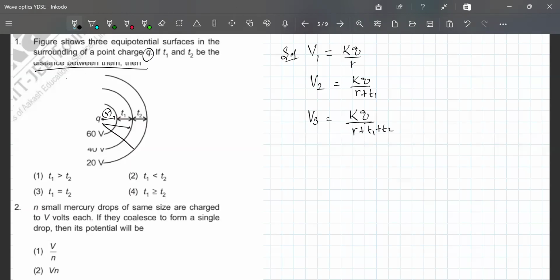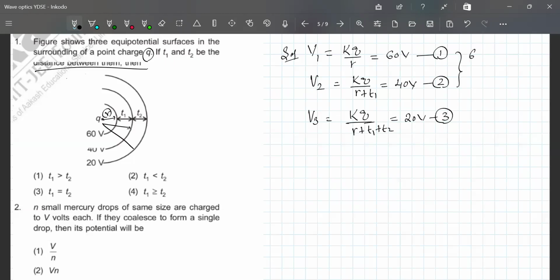Okay. First one, KQ by r, is given as 60 volt. And the second voltage they have given as 40 volt. And this is given as 20 volt. So mark this as equation number 1, this as equation number 2, and this as equation number 3. Okay. Now see, if you take the ratio between equation 1 and 2,